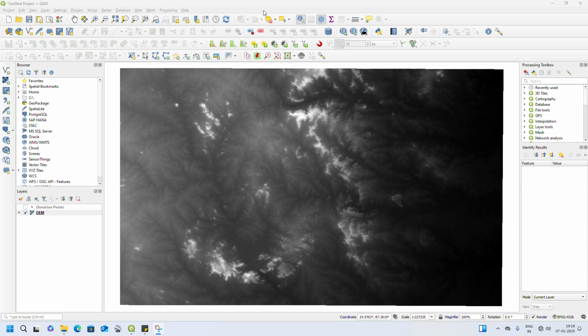Good evening, everyone. Today I am showing a small topic, but it is a very interesting topic. So, how to extract the elevation data in a DEM image? Okay. So, suppose you have